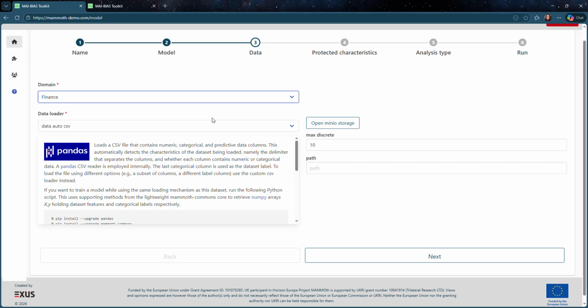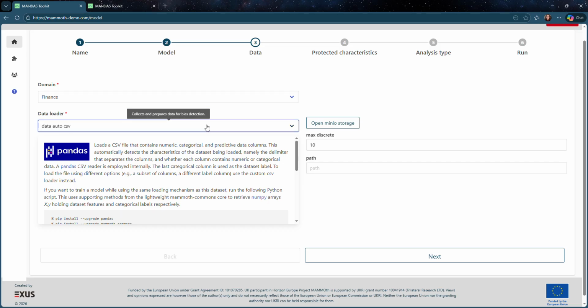Some of them are the Auto CSV loader, which automatically detects the structure of the dataset, including the numerical and categorical features, as well as the target variable. This simplifies the process for the user as no manual processing is required.